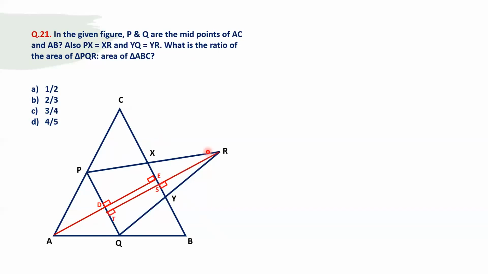Similarly, we drop a perpendicular from R to the opposite side PQ. Now in this particular triangle, this is the height, and in this particular triangle ABC, this is going to be the height. Now when we drop this height from R to the opposite side, RT is perpendicular, right? So angle S will also be 90 degrees, because these are two parallel lines. So on parallel lines, both these angles would be 90 degrees. Now let's solve this. Triangle RXY is similar to RPQ, right?